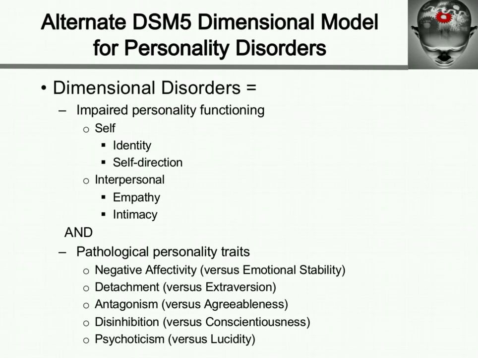Another pathological personality trait is detachment. So being detached from others and not really being a part of a social network and a social world. And that would be contrasted with a healthy sense of extroversion or interest in others. The next pathological personality trait is antagonism, or this tendency to be very disagreeable and kind of start arguments. Somebody might call somebody like this somebody who's looking for a fight or always trying to pick a fight. And we can contrast that with the concept of agreeableness, which is also a trait that you notice in the Big Five personality.